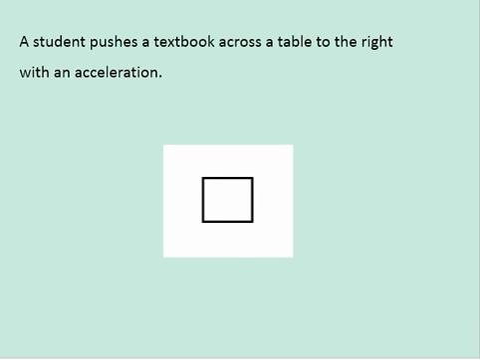Okay, one more. Now the student pushes the textbook to the right, but now it's accelerating, which means it's changing its motion. It's getting faster and faster as it moves across the table. So once again, we still have our weight or our force due to gravity pulling down. We still have our equal and opposite normal or support force. All right, we're now going to still have an applied force,